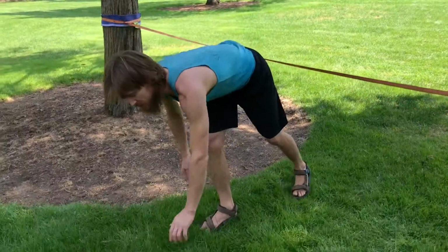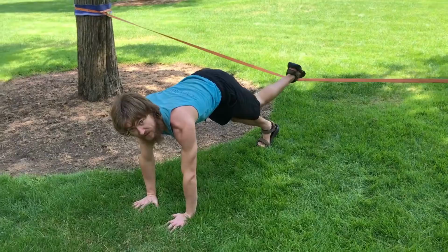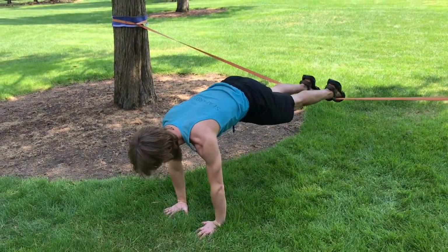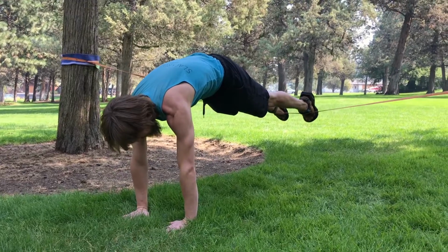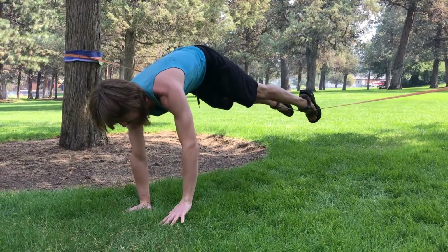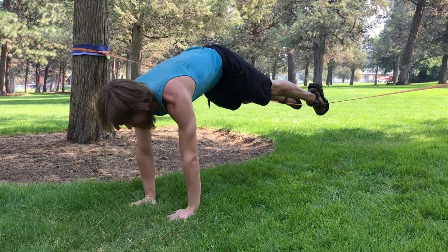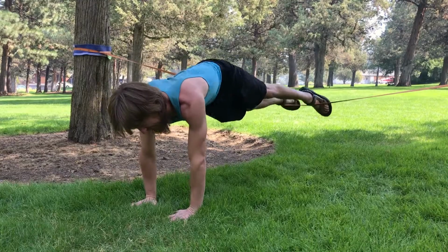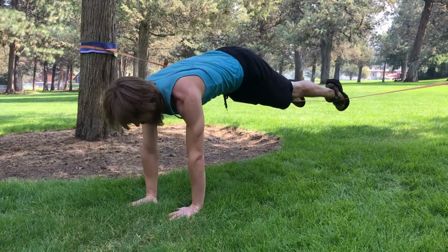Come into a plank pose, wrist under shoulders, feet on the line. From here, you're going to lift up to the center of your back and just do some shoulder taps. Slow and engage. Try not to move my hips too far back like this as I switch. So we're not going for this. We're going for more